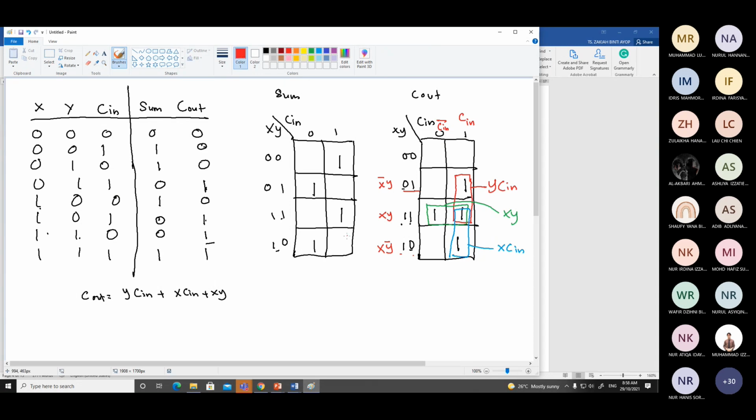sum? What about sum? As you can see, we can only have one single circle, right? We have one single circle like that. So how do we write it into Boolean function? Okay, so for the Boolean function for this one is